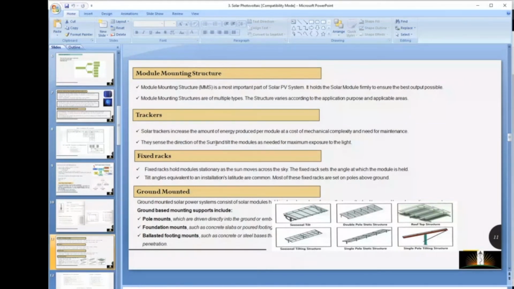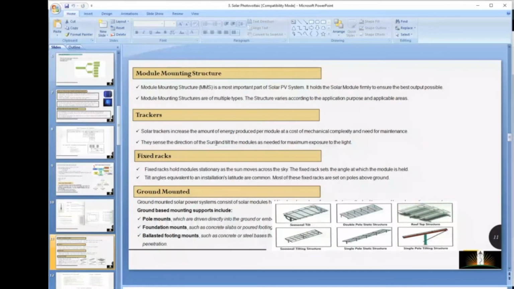So here you can see this is what the module structure is. Module structure can vary, because if it's a fixed structure, it can't change with the season. We know that in summer the sun is above, and in winter the sun is not in the same angle. So we need to change the inclination. If we can't change the inclination, it's called fixed type. For smaller plants, rooftop plants, it is okay, but for ground mounted plants, for larger plants, the generation difference for such angle would be much.